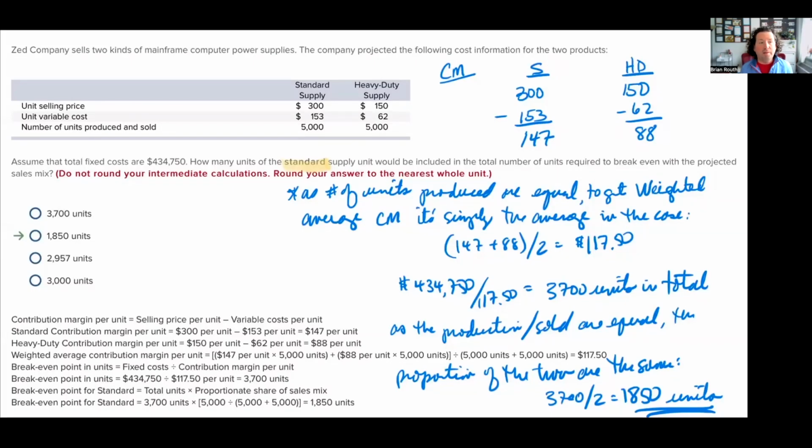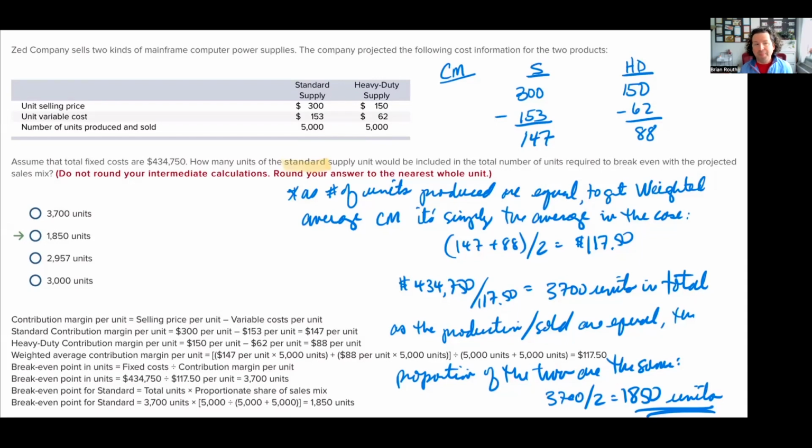Right, so in this problem, we are asked to assume that fixed costs are $434,750. So our question is, how many units of the standard? Notice in the problem, we have two different products here. We have a standard, we have a heavy duty. We're specifically looking at the standard here. So how many standard units would be included in the total number of units required to break even with the